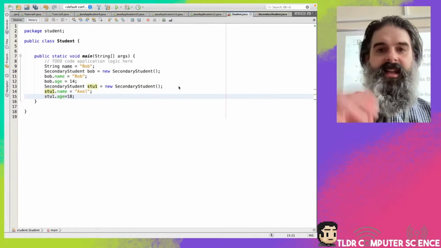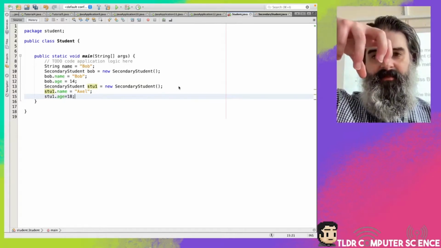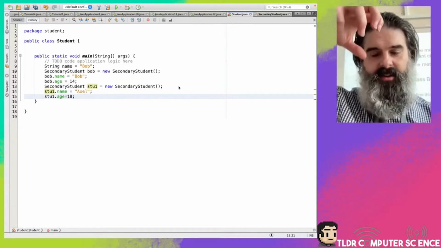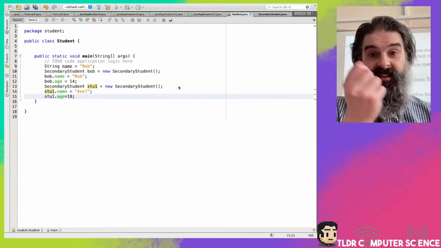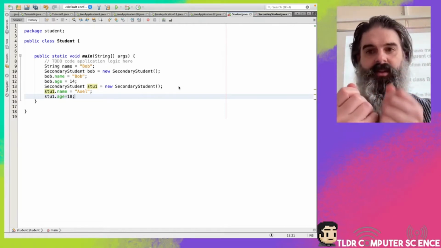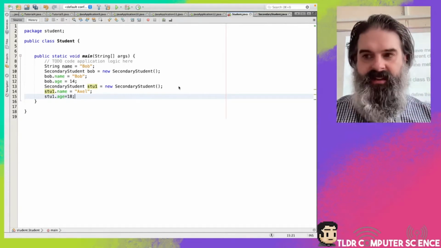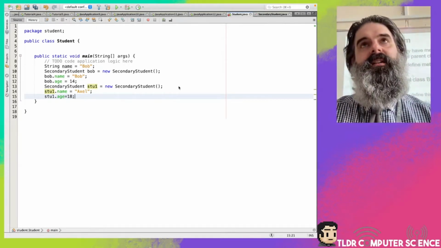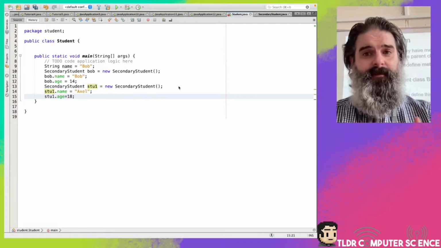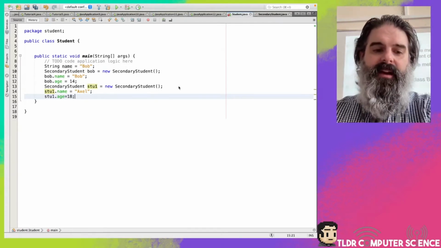So what's happened here is I've used my secondary storage cookie cutter, got out, instantiated a new object. So this is a separate object from Bob called Stu1, and then it's got its own age and name. You can make as many of these as you want, and you can just keep instantiating. Okay, now I said we talk about